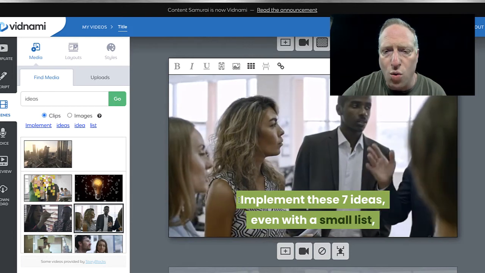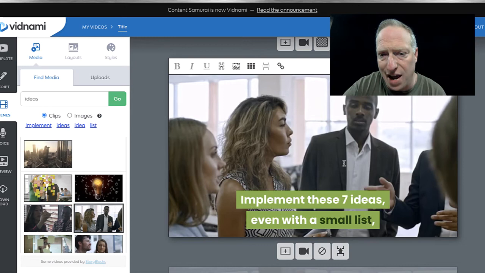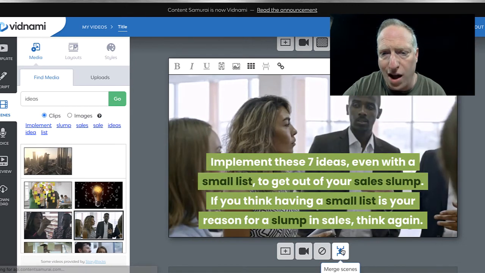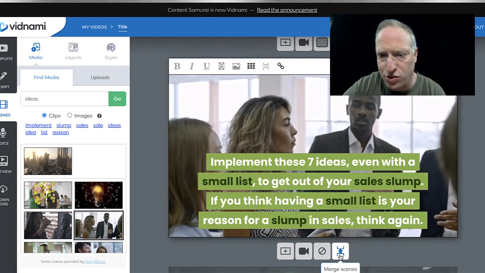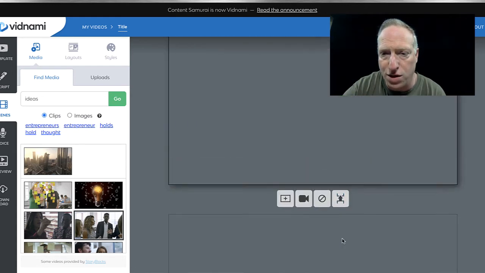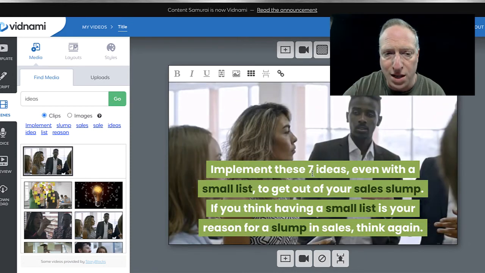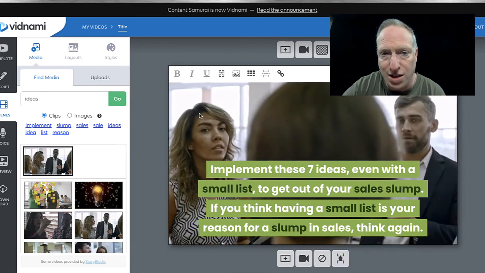Now, I don't want to have this text here because what I want to do is have this image actually show up while I have a whole bunch of sentences put together. So what I've done here is I've actually merged the scenes by pulling up the text that was distributed over these other scenes. You'll remember that earlier on I actually hit return and separated all of these. Well, in fact, what I want to do here is bring them all together.